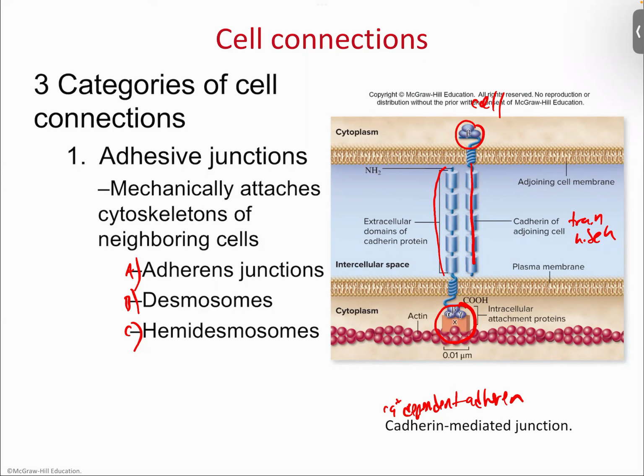Now, the thing you should notice is that between these cells there's some space, which means you can secrete molecules out here and talk to each other. So there is a little bit of space in there, right? That's the communication component. So you have a little bit of connection, but you also have a little bit of space. So it balances communication versus connection